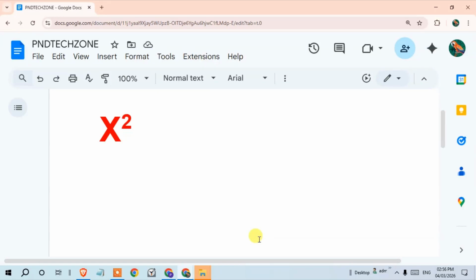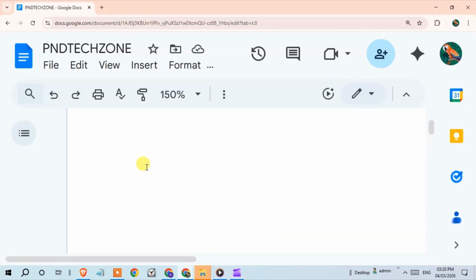So let's start. First, open your Google document. Here I show you two different ways you can write X square in Google document. So let's start. First way, type here X,